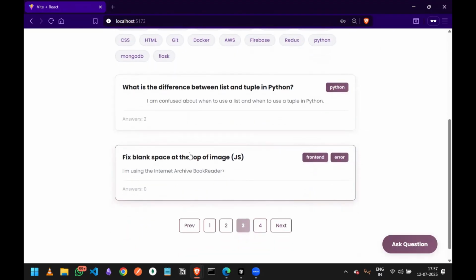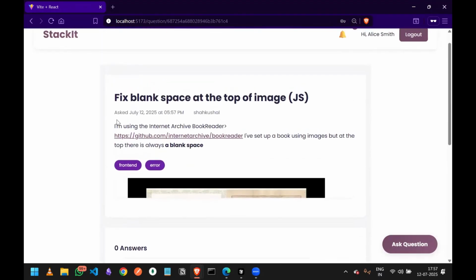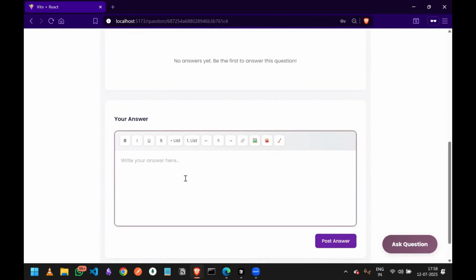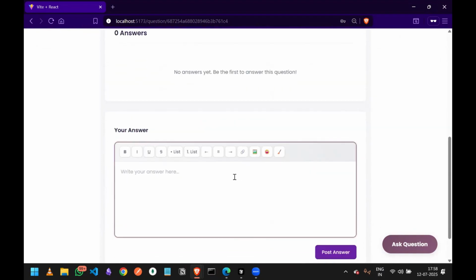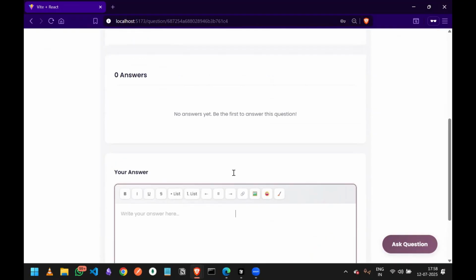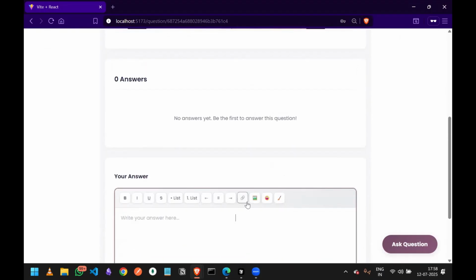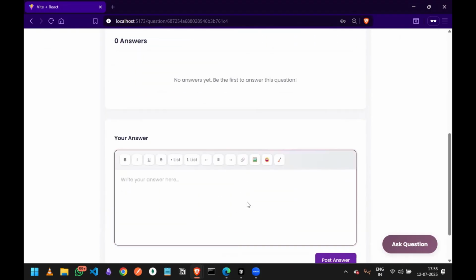Yes, so this was the question that Kushal had added. Let me just open this, and you can see the link is visible to us, added by Kushal, and these are the labels. So now let's say as Alice I want to answer this question. Let's go with two workflows here. One would be Alice is trying to spam us, and the other is Alice is genuinely trying to answer the question. So let's say Alice is trying to answer the question,